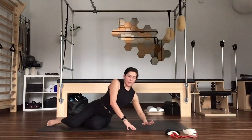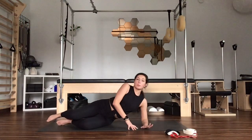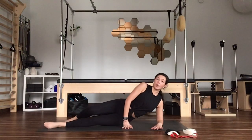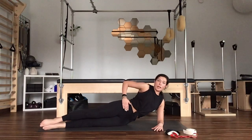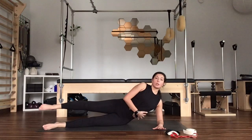And then we'll set up on that left side. Again, you can start on your elbow or laying on your side depending on what feels most comfortable to you. We're going to start with those straight leg kicks. Extend the legs down underneath you. Stack the pelvis again, so this time right hip on top of left, so we're not letting it roll forward or fall back. We're going to lift that leg to about hip height, pull up through that left side of